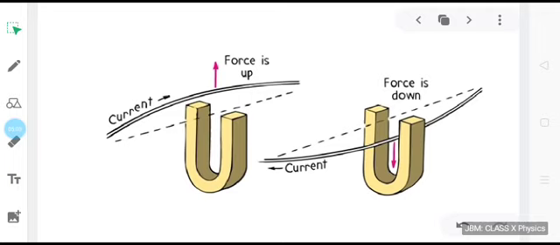A similar setup is shown here, but right now the difference is that we are considering two different directions for current. In the first case, the current is flowing in one direction, accordingly the force is upward. In the second case, the current is flowing in the reverse direction, the force is downward. So obviously this interaction that is taking place between the magnetic field due to the current carrying conductor and the permanent magnetic field, being a vector quantity, has a magnitude as well as direction. So depending upon the direction in which the current flows, the direction of the force experienced by the conductor is also going to vary.